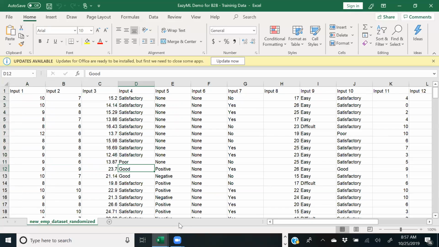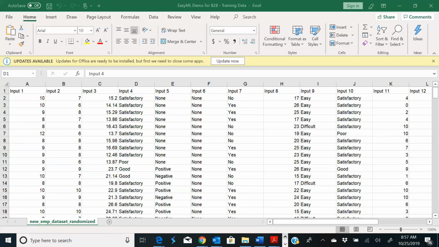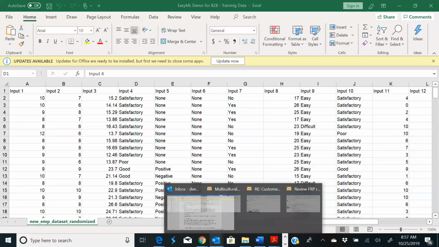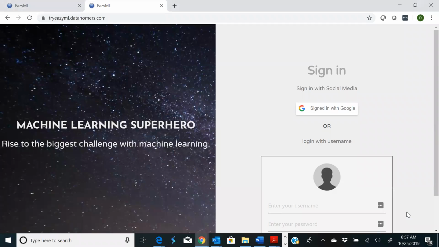So you can have both types, categorical and continuous variables. Okay, so let's see how your machine works to do this for you. The EazyML platform is a fairly simple web portal, accessible via your favorite browser, in this case, Google Chrome.